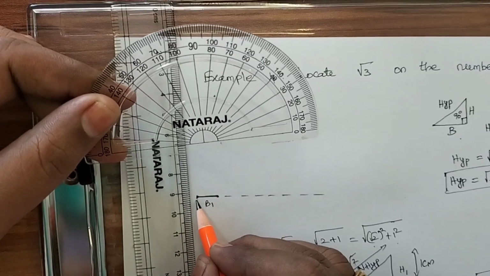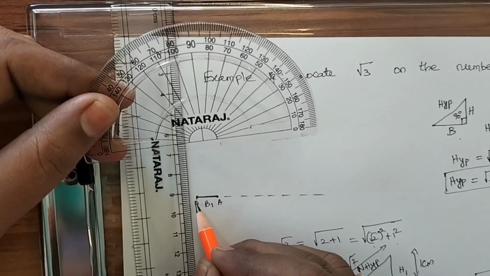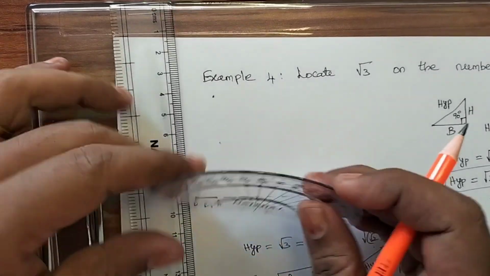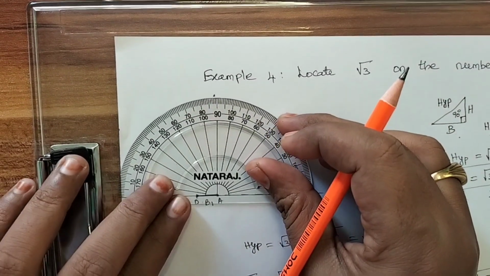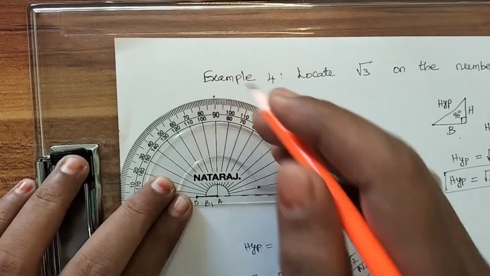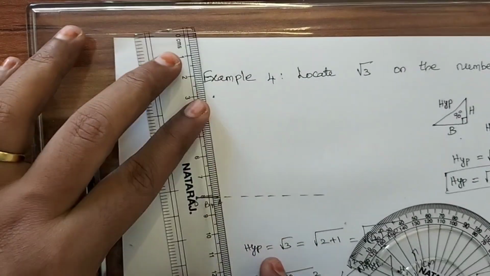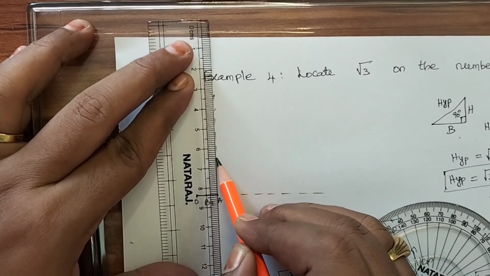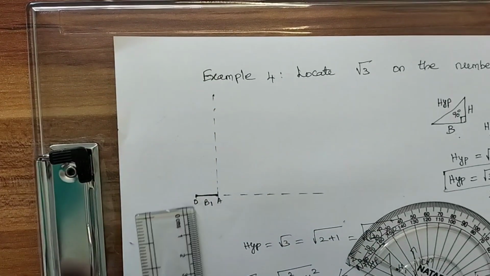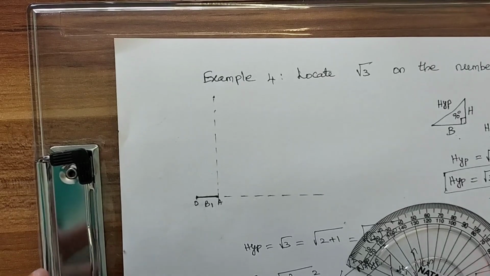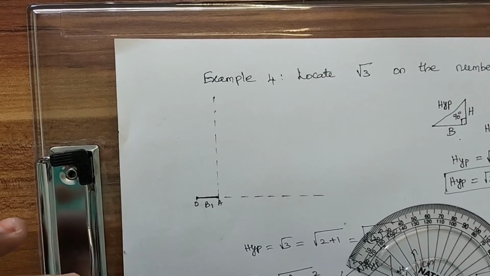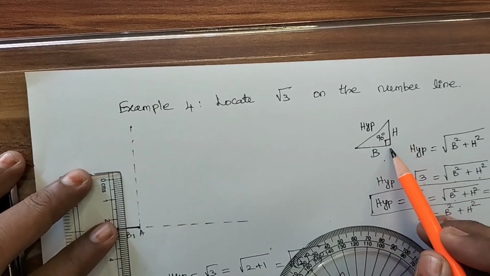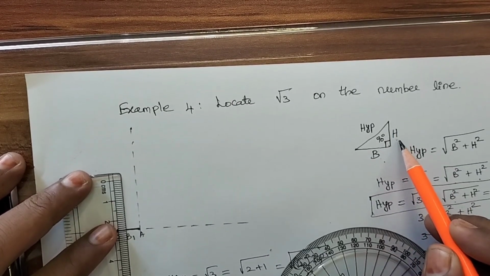Okay, so let me have this vertex as O, this vertex as A. At A, correctly keep your protractor midpoint and then measure 90 degrees. Once you have measured 90 degrees, from A just put the dotted line. Now in the dotted line you have to properly measure 1 centimeter. Why? Because in the right angle triangle I should put height, right?